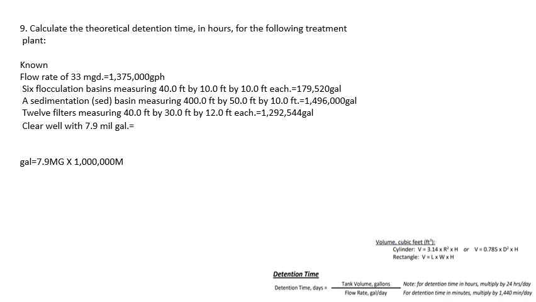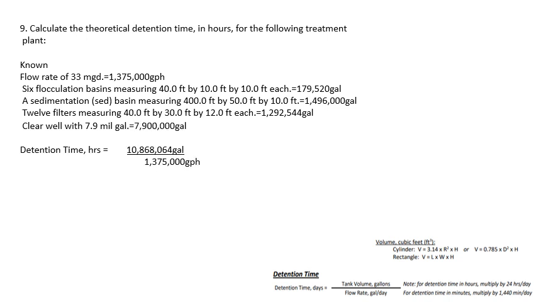We're also going to convert our clear well into a number for the formula. So 7.9 million gallons times a million, you get 7,900,000 gallons. So we're going to add all of our volumes together, and you get a total volume of